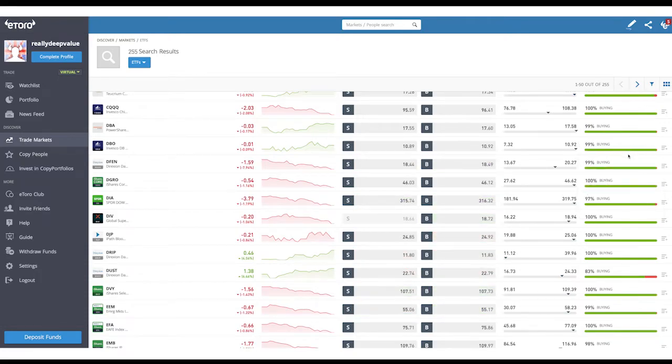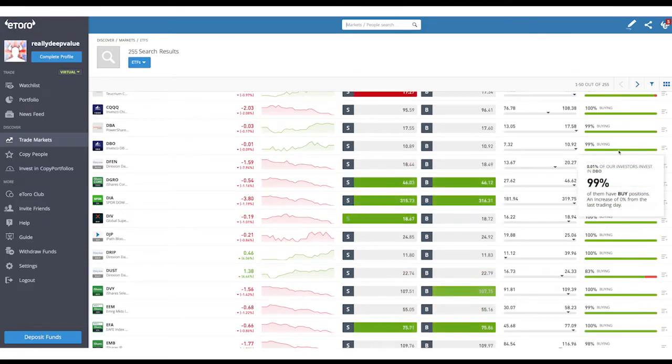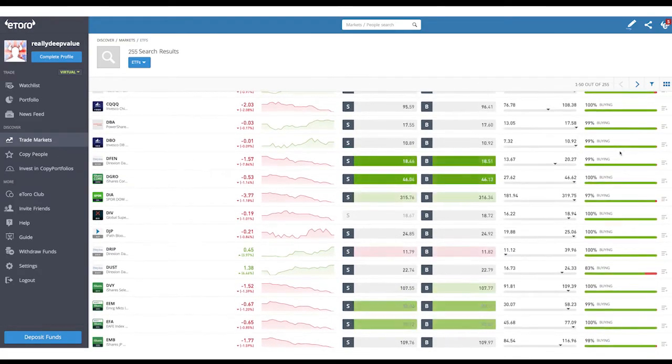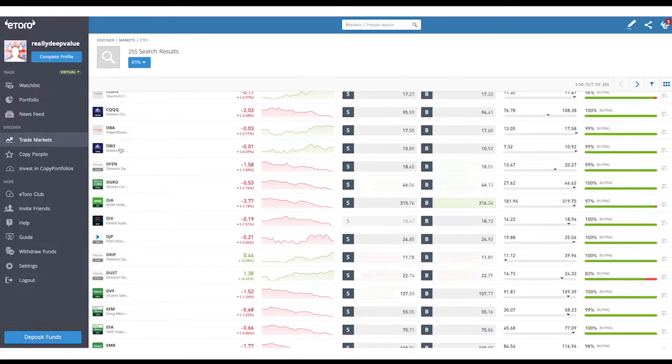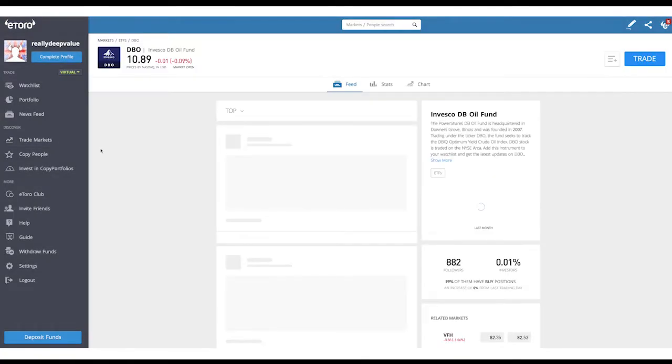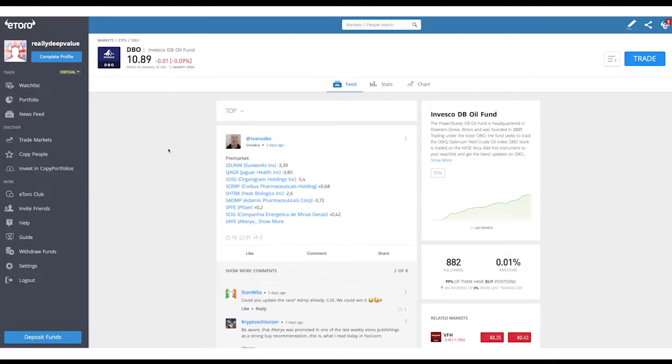You can see the sentiment bar over on the extreme right, and everybody's buying ETFs, not many sellers at all. So many bulls are still raging in the marketplace as we speak. Click on the icon for DBO and it brings us to the Invesco DB Oil Fund page, where we have some basic information about the instrument. Most important bit being that it tracks the DBIQ Optimum Yield Crude Oil Index, and it trades on the New York Stock Exchange,